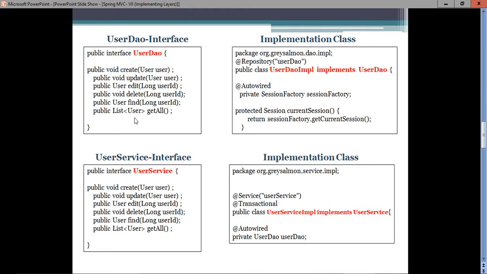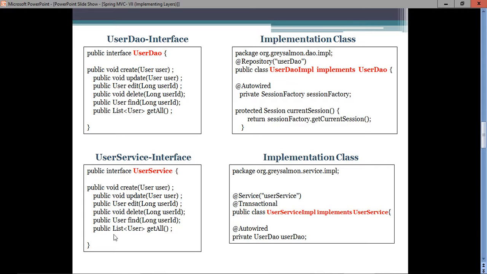whenever the controller needs to perform some business logic with the database, the code to perform the business computation will be migrated to the service layer. And if that business code needs some database services, it will take the help of the DAO layer.